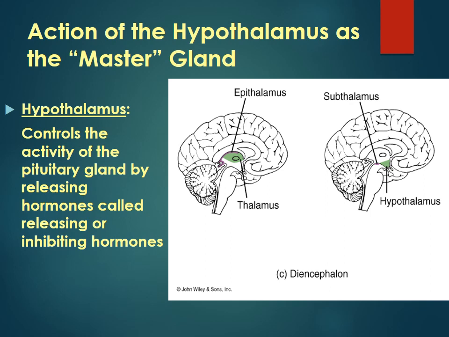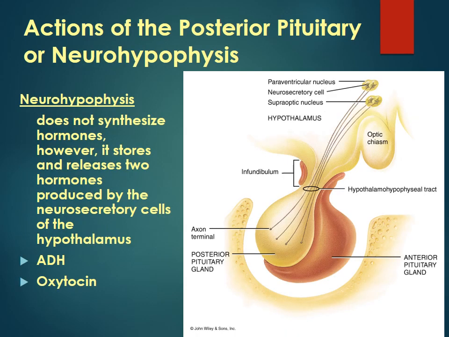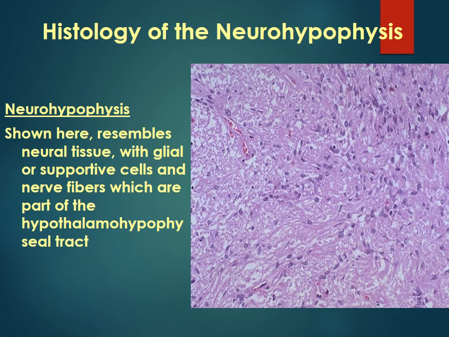The hypothalamus controls the activity of the pituitary gland by releasing hormones called releasing or inhibiting hormones. Neurohypophysis does not synthesize hormones. However, it stores and releases two hormones produced by the neurosecretory cells of the hypothalamus, the ADH and the oxytocin. Neurohypophysis, shown here, resembles neural tissue with glial or supportive cells and nerve fibers, which are part of the